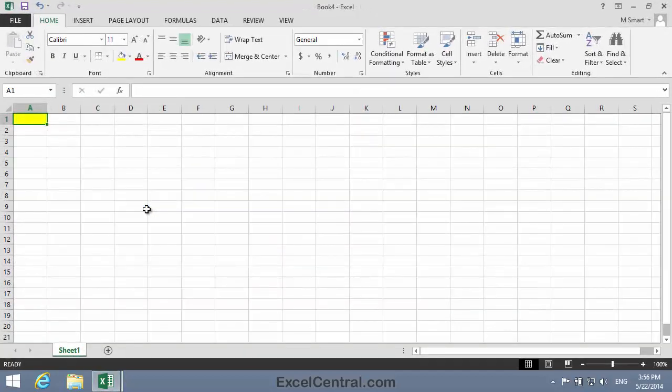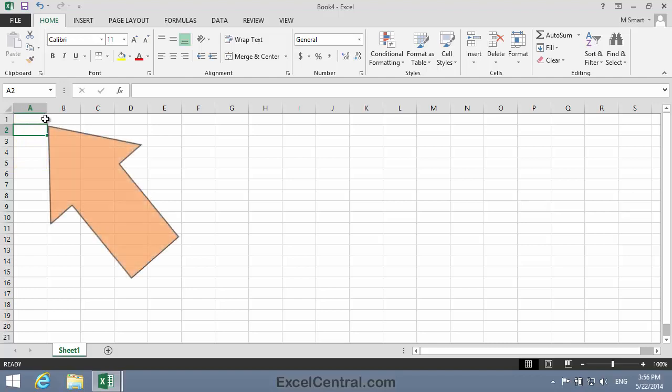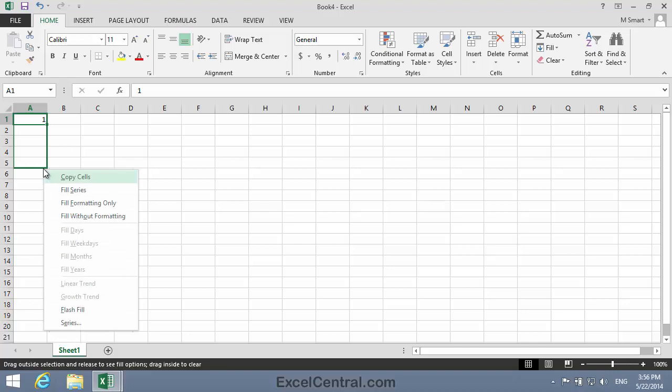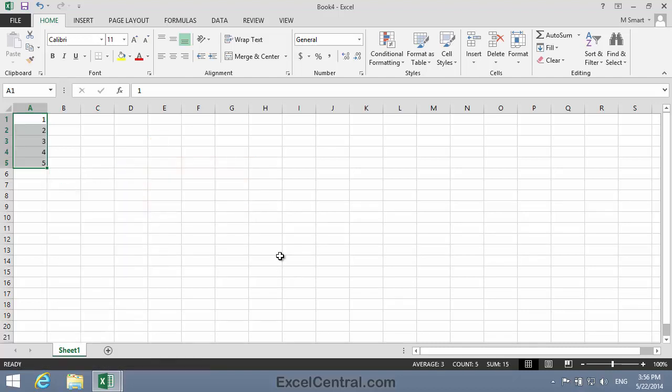I'll type the number 1 into cell A1, and then I'll use the skills that you learned in lesson 214 to autofill sequential numbers into cells A1 to A5. To do that, I click on cell A1, I right-click on the autofill handle and drag down to cell A5, and then when I release the mouse button, I select Fill Series from the shortcut menu.